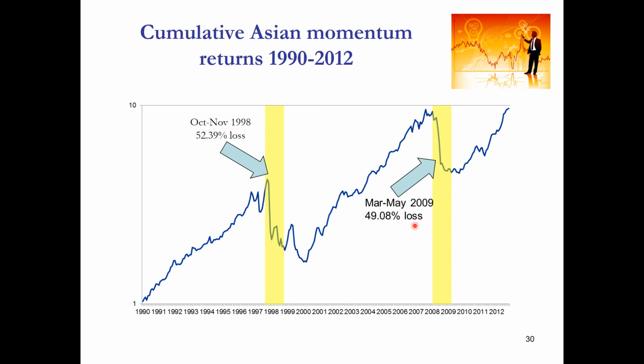What this brings is negative skewness. These two periods correspond to the Asian crisis and the global financial crisis. You can see the rebound from the Asian crisis and the global financial crisis period. So what we see is, following a market crash or period of high volatility, when the market subsequently reverses during these periods, momentum actually does poorly. And that brings about this downside risk to momentum strategies.